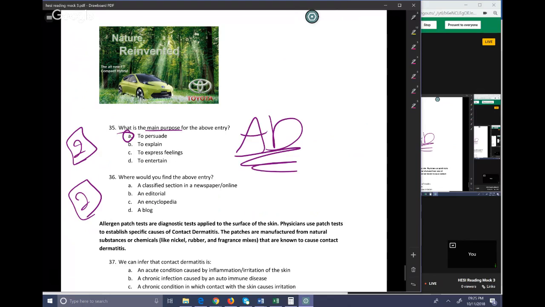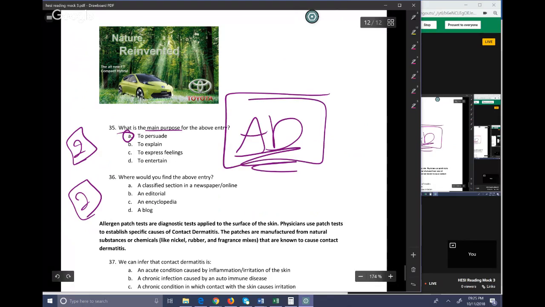The reason I'm mentioning this is when I tried to go and find this to put this on here, there actually were some that I was like, well, that does more informing than it does advertising. If they give you an ad, it's persuasive. And then a persuasive ad, an ad specifically, would be found in a classified section. Some of you don't even know what a classified section is. I learned that when I used to tutor all the time because it's kind of previous old years back. Classified is where things are purchased and sold.